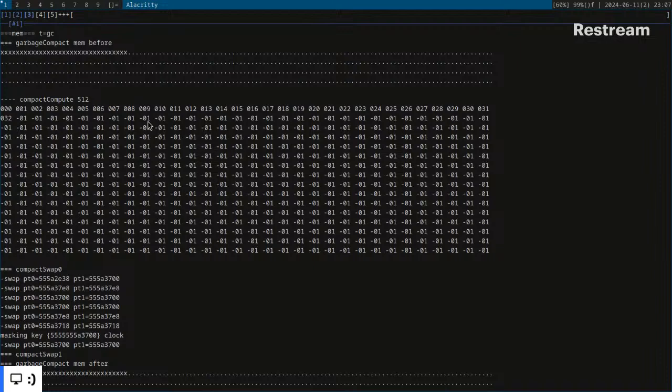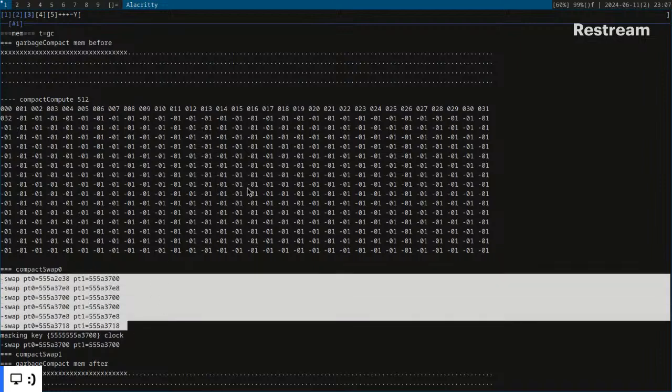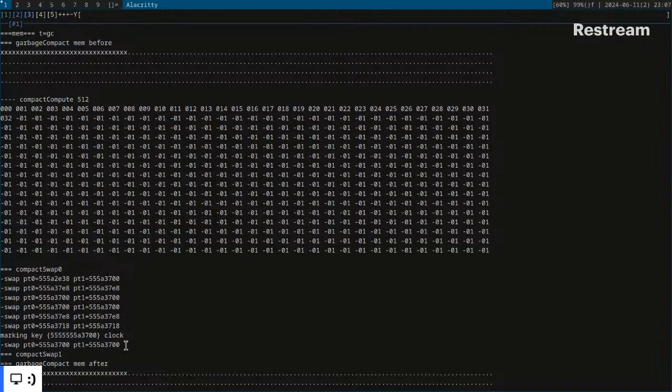There's no compacting done. But somehow this is printing something weird. So to be fair, there's no compacting done. There's basically no compacting done, but